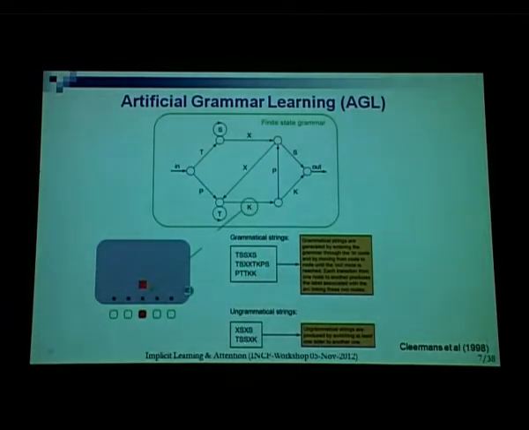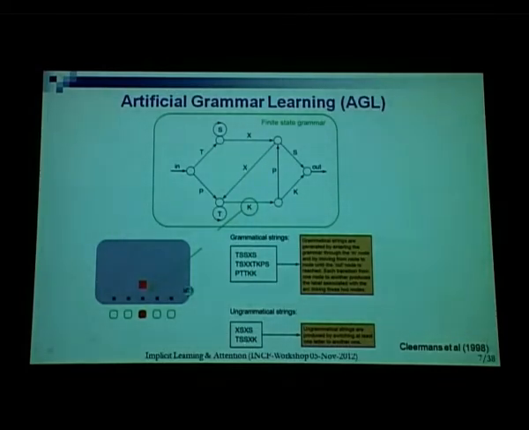It has been observed in this paradigm, for example, that people are not able to articulate what they have learned, but their performance on this grammaticality judgment is way above chance level, indicating something that they have acquired implicitly, that they cannot describe. So this is one very popular paradigm.